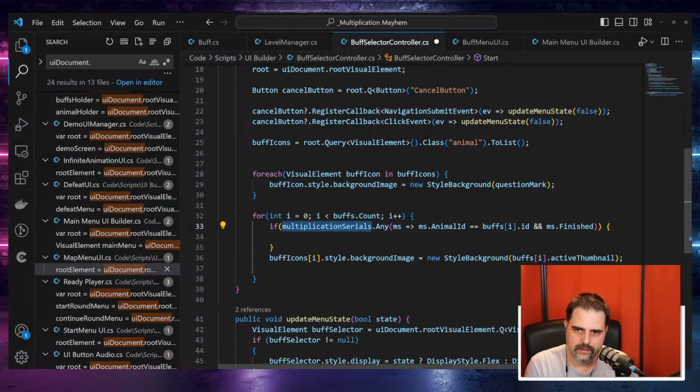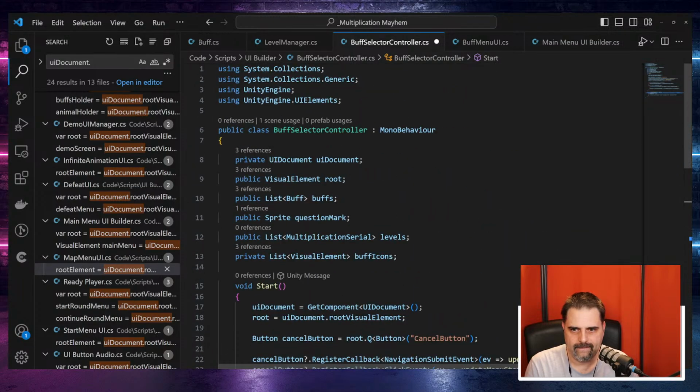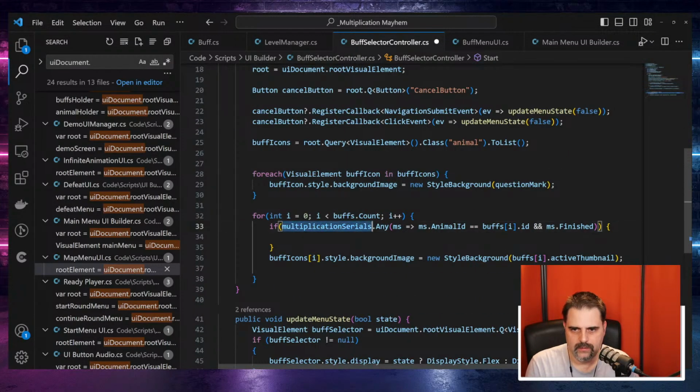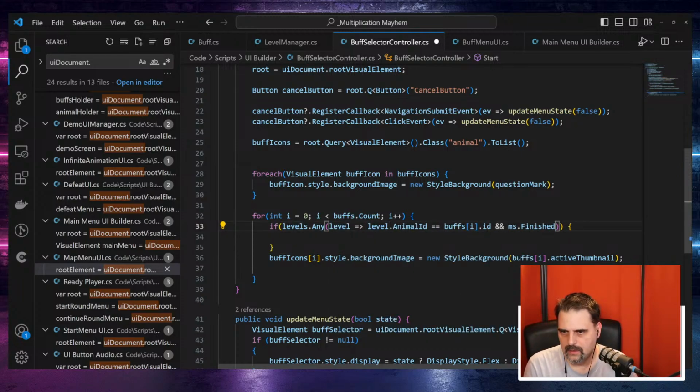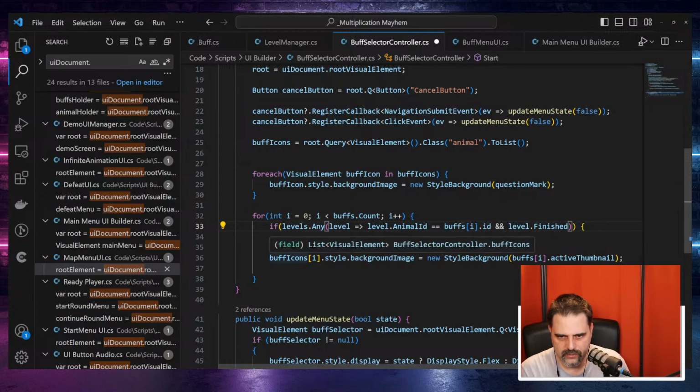So if the multiplication serial, which is not multiplication serial, but levels, if levels any, I don't like when it says ms level, I don't like to shorten it like that. Level. So if the level animal ID equals the buffs ID and the level is already finished, then